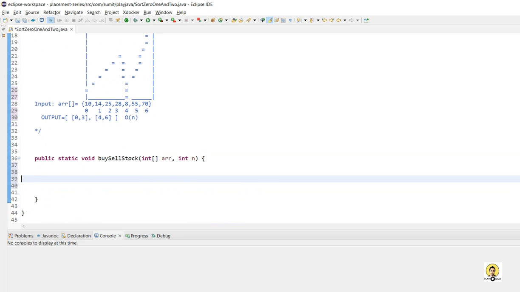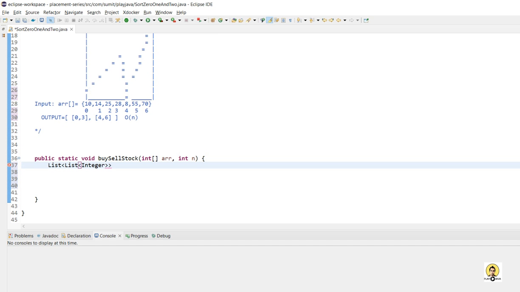So what we will do, we will create an array, or you can say a list, where we will be creating buying and selling of array list. So we will create a list, the main list, in which we will create the object of array list and print the data. So inside the list, again I will create a list. It will have two variables, one of buying and one of selling. So it will hold integer